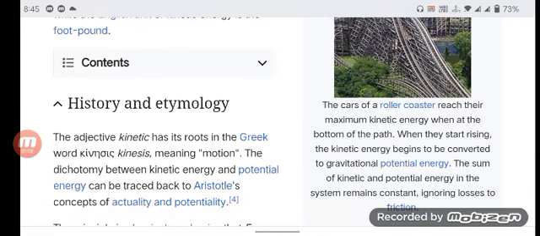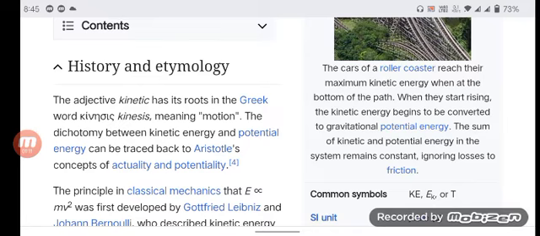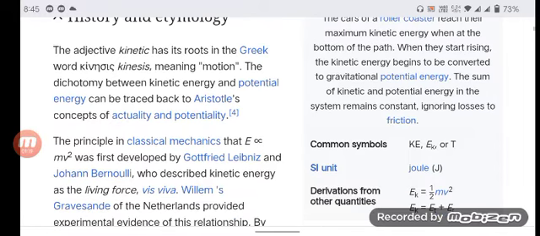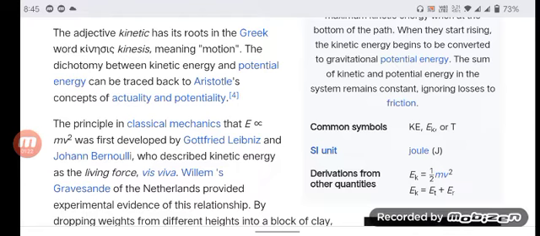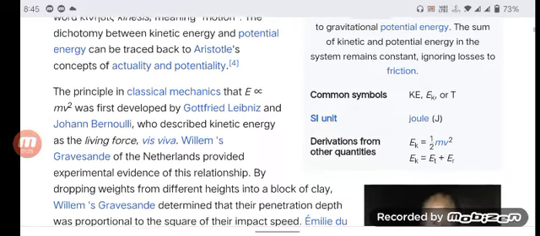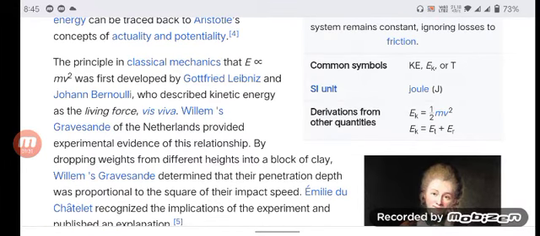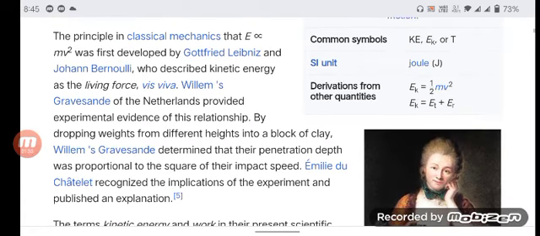History and etymology. The adjective kinetic has its roots in the Greek word kinesis, meaning motion. The dichotomy between kinetic energy and potential energy can be traced back to Aristotle's concept of actuality and potentiality. The principle in classical mechanics that E ∝ mv² was first developed by Gottfried Leibniz and Johann Bernoulli, who described kinetic energy